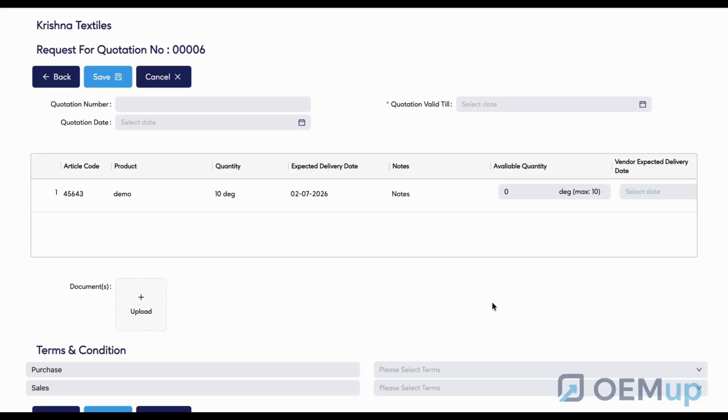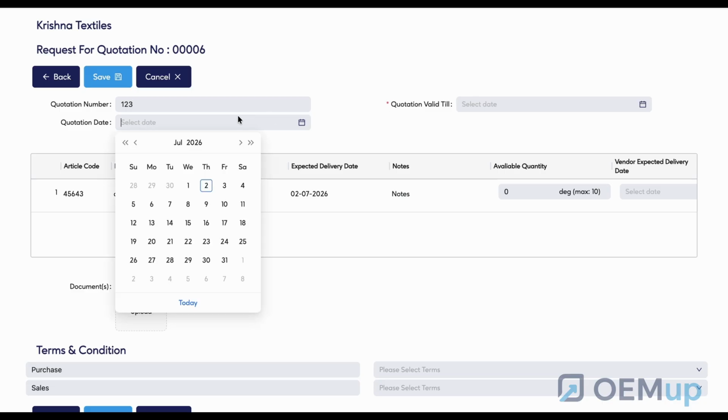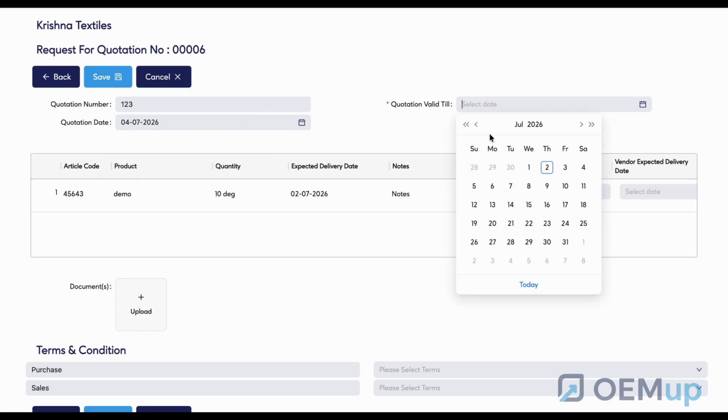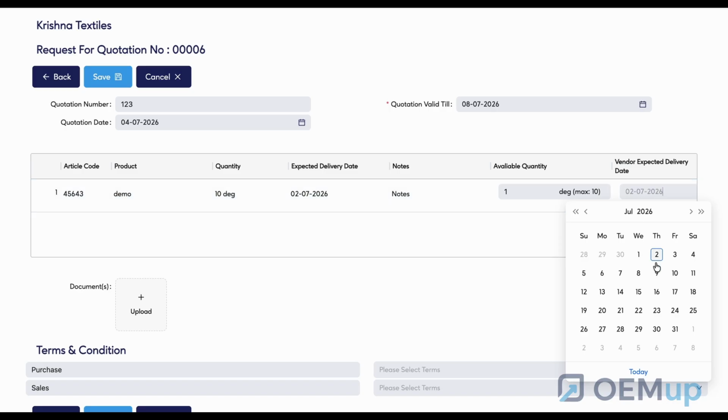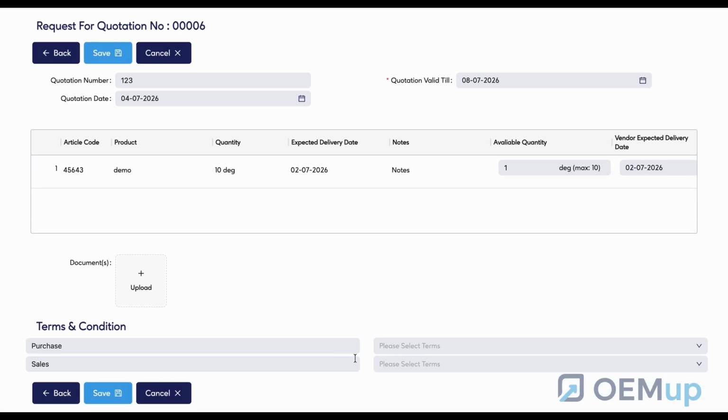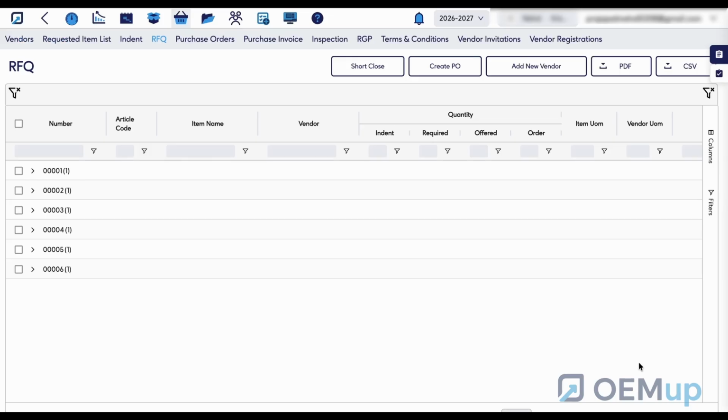Clicking it opens the Request for Quotation form, carrying your company's branding. The vendor enters their quotation number, quotation date, and the date it's valid till. Against each item, they fill in the available quantity and their vendor expected delivery date. They can attach supporting documents, accept your purchase and sales terms, then a thank you screen confirms their quotation has